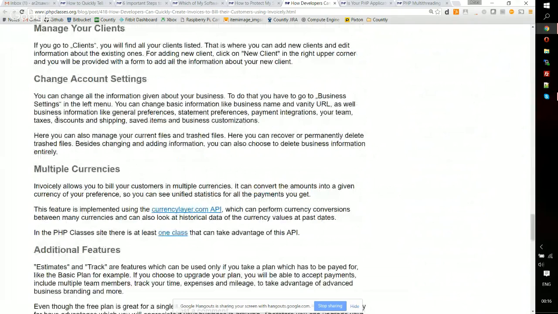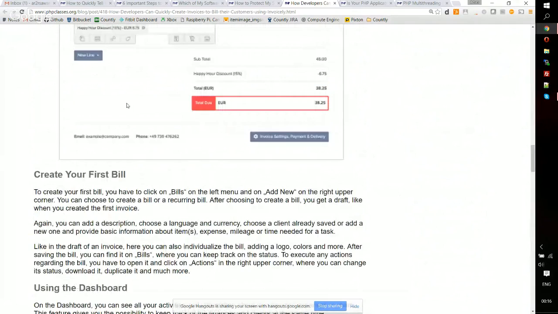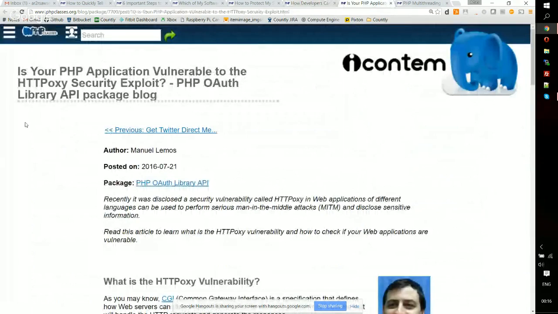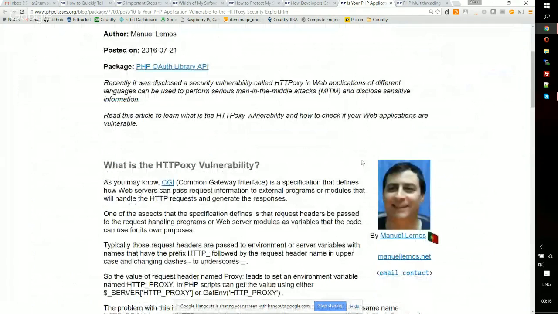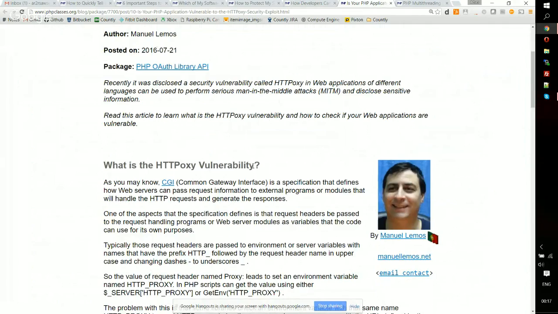Okay, and the next article is: is your PHP application vulnerable to HTTPoxy security exploits, by Manuel Lemos from Portugal. Who could it be? Yeah. We already discussed this in the main podcast, but here I can just mention that